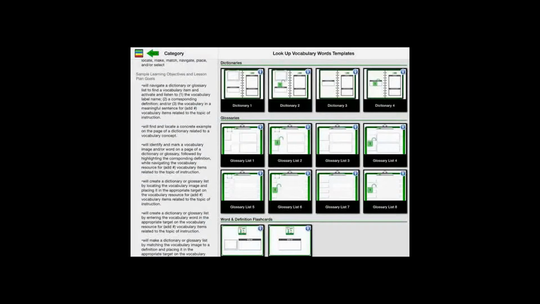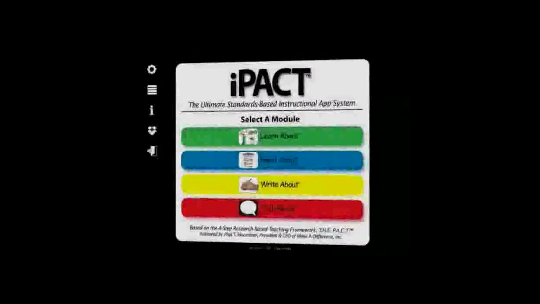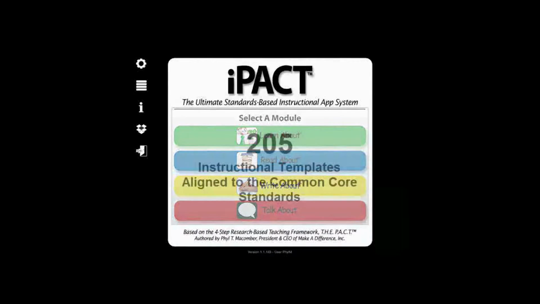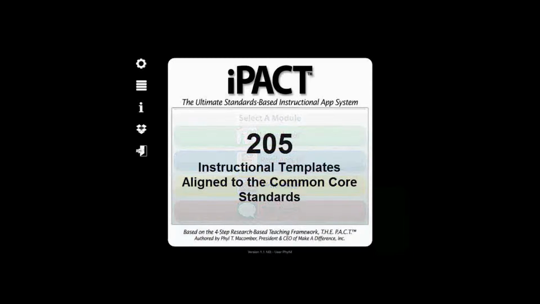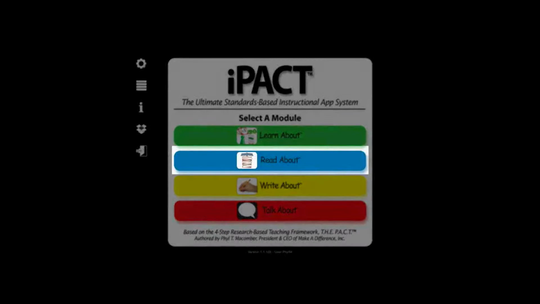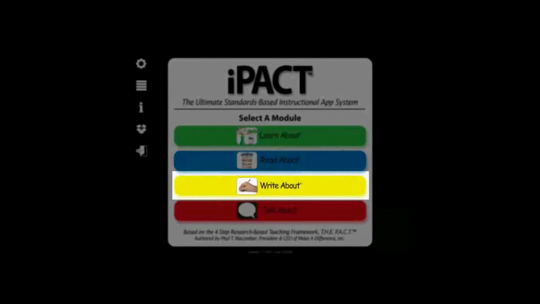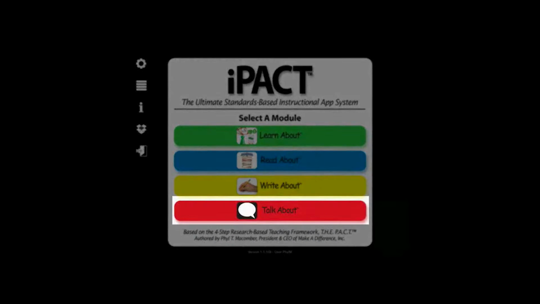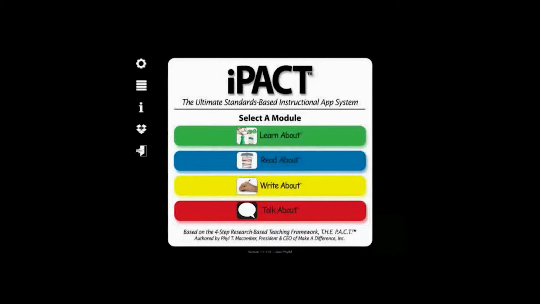The iPact app system offers you all of this and more in 205 instructional templates systematically aligned to the Common Core standards to teach vocabulary in the Learn About module, build comprehension of informational text and literature in the Read About module, access brainstorming and composing writing activities in the Write About module, and support and enhance more formal speaking skills in the Talk About module.